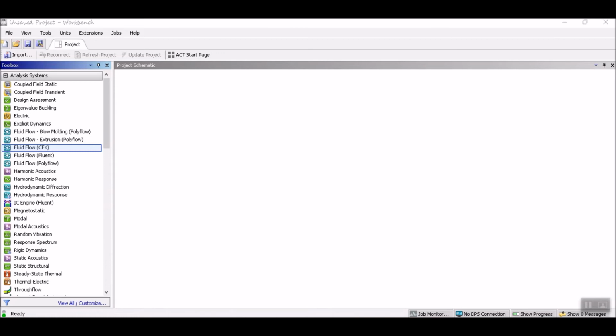So what kind of modules do we use in ANSYS in daily life? First is fluid flow: CFX, CFD, Fluent, ICEM CFD, ICEM CFX, Polyflow, blow modeling, extrusion. These are also part of CFD.